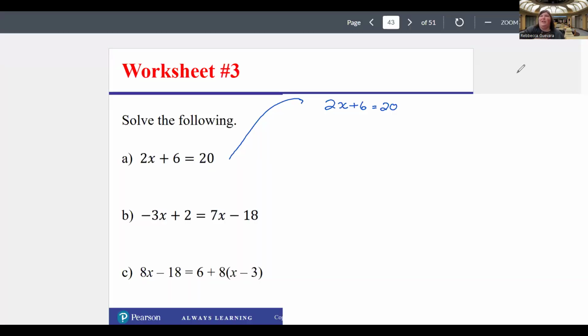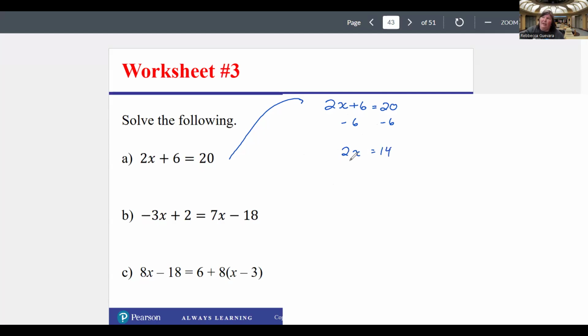Okay, so starting with A. We have 2x plus 6 equals 20. This is a pretty easy one. We don't have any decimals to worry about. We don't have any fractions to worry about. We don't have to simplify both sides. That's already there for us. We just need the x term by itself and the constants by themselves. So if I just subtract 6 from both sides,